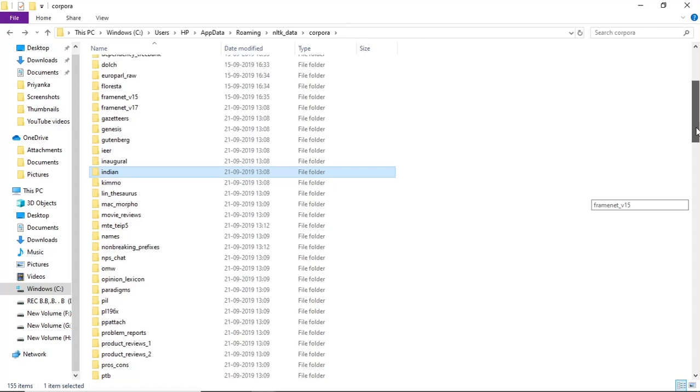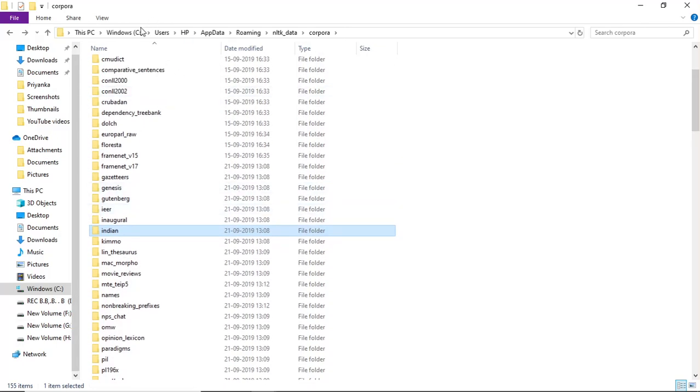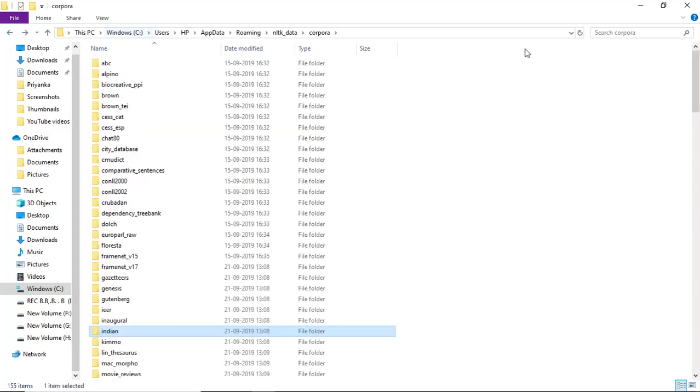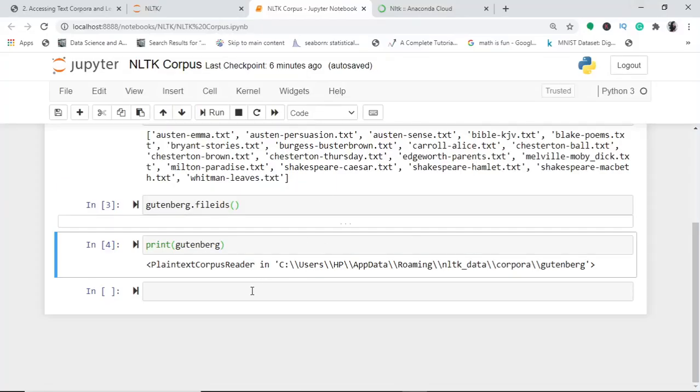Okay, so for now this is a basic thing, I just showed you where it has been located. And here Indian, if you see, you've got various languages, so we'll explore these languages also in our Python notebook. So this is where my NLTK gets downloaded, and this is how the data, the corpora, and all the data I can access. Now I move on to